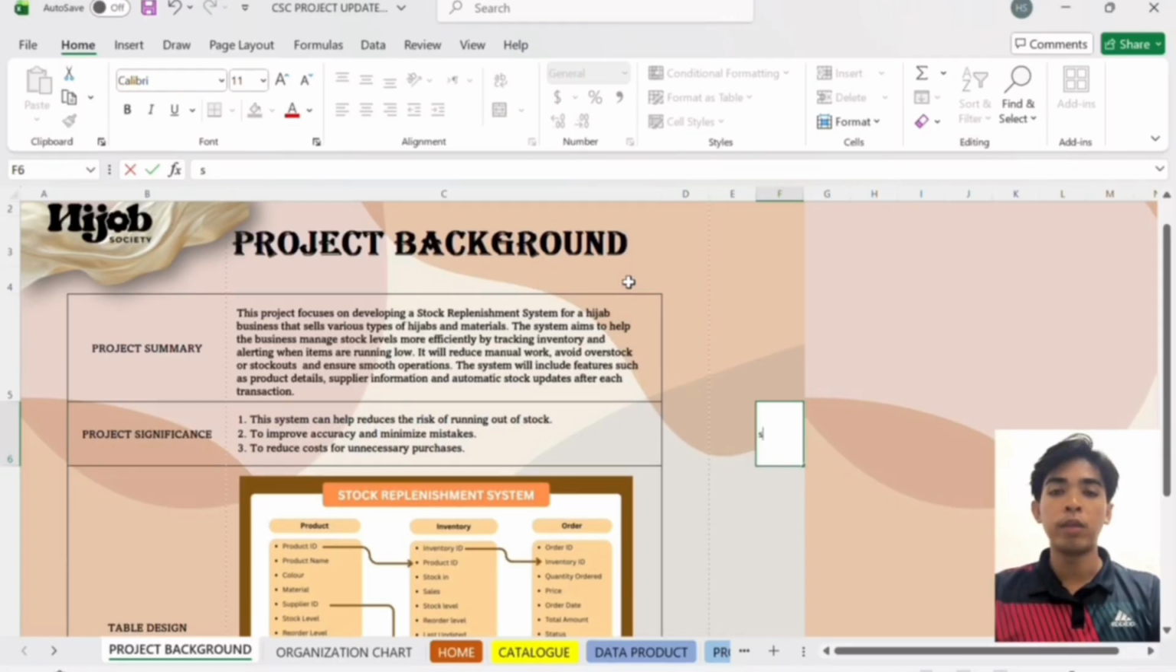We are from Code 9 and today we will be presenting our project titled Stock Replenishment System. This system is developed using Microsoft Excel and is designed specifically for a hijab business that sells various types of hijab and material. In this presentation, I will explain the project background, the system structure, and the organizational chart of our project. This project focuses on developing an Excel-based stock replenishment system to help a hijab business manage its inventory